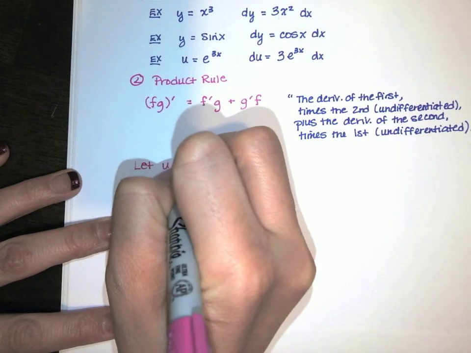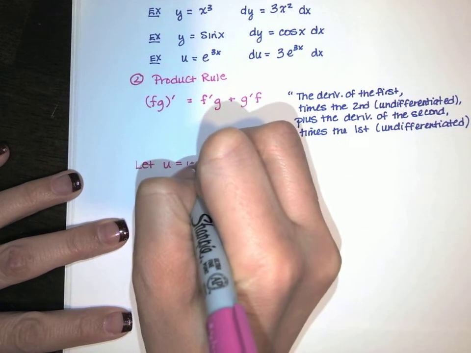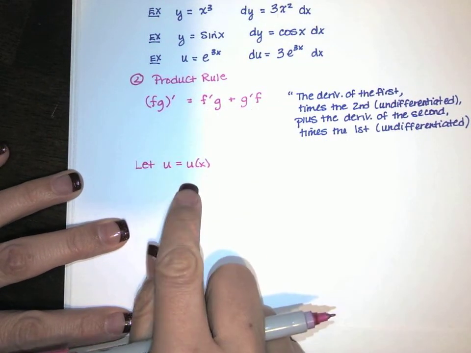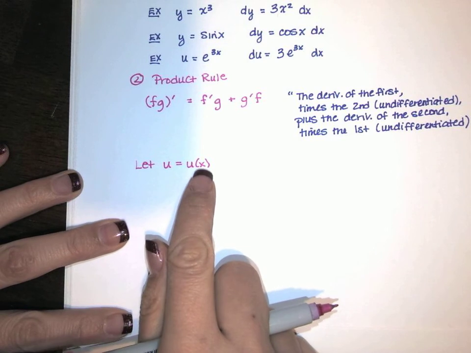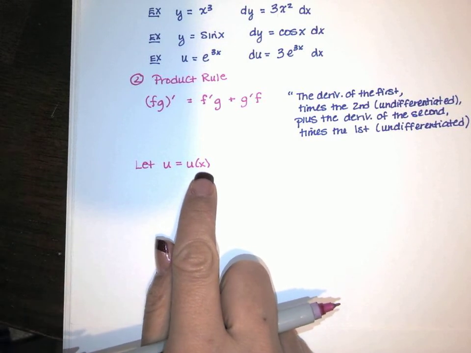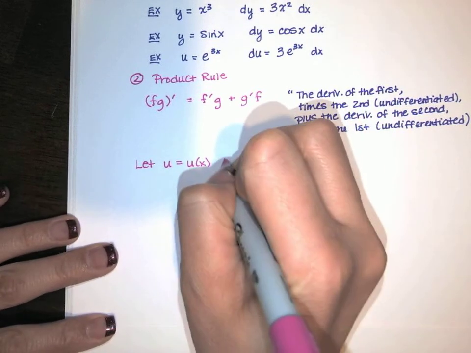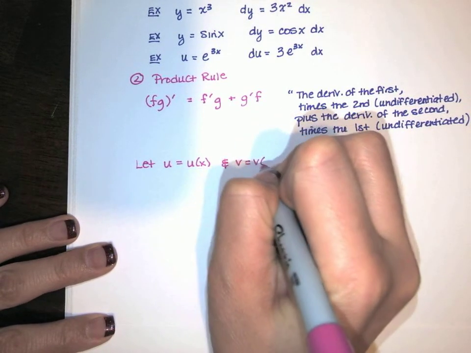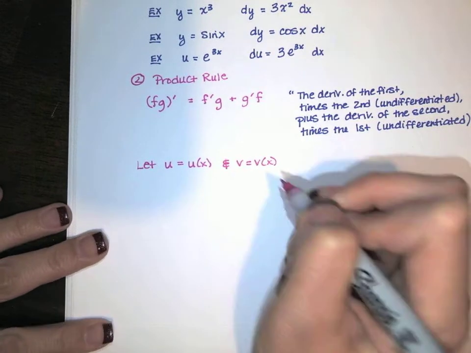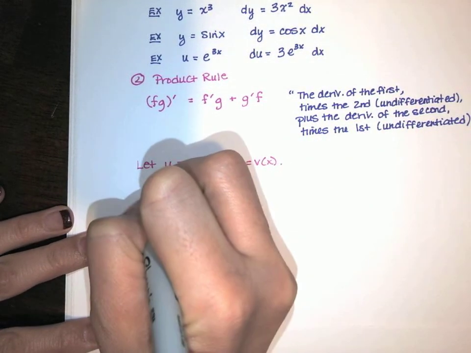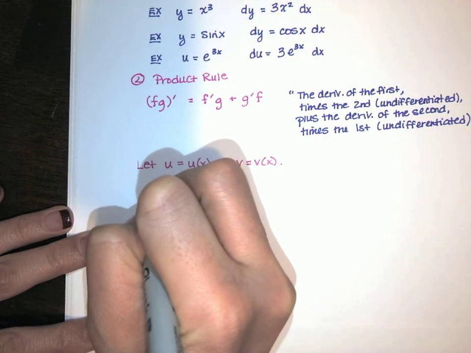So I'm going to let u be a function of x, and I'm just going to call it u of x. That's not u times x. That's u as a function of x, just like we're used to seeing f of x, where f is a function of x. U is a function of x here, and v is also a function of x. And I'm going to call it v of x. Using Leibniz notation,